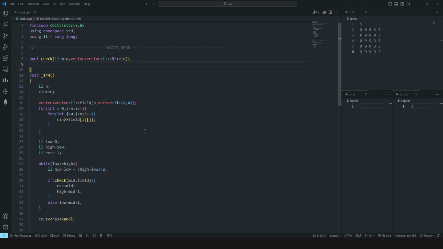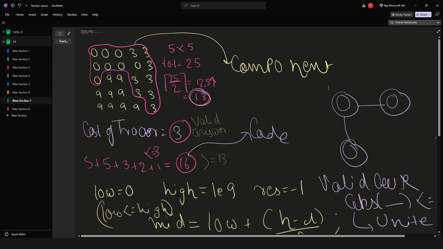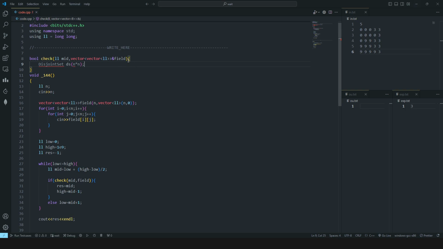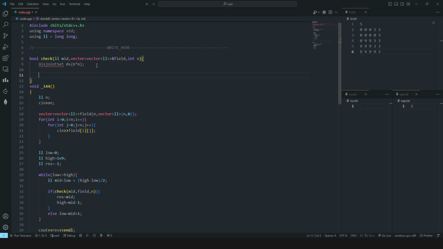So here I will declare a disjoint set, and it will be of n cross n size, right? It will be n cross n size because initially we have to consider every cell to be an individual set. Initially every cell is itself a component. So we have to pass down n also here. Let me do that quickly. Yes. So after the disjoint set is initialized,